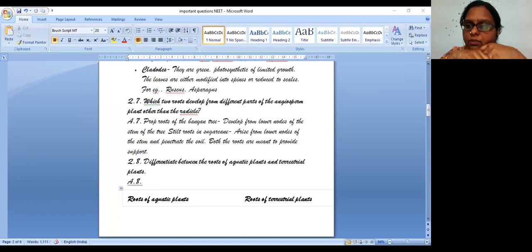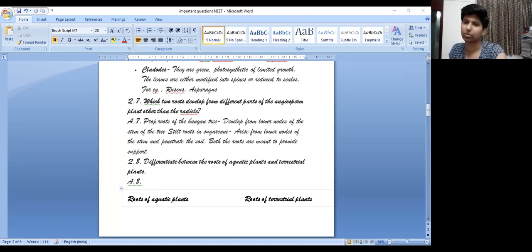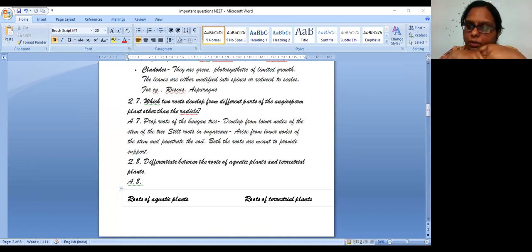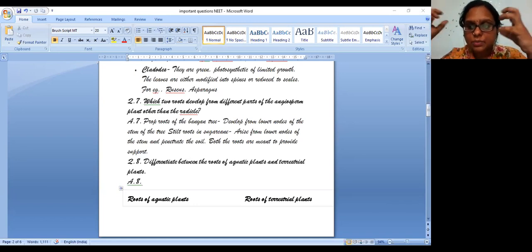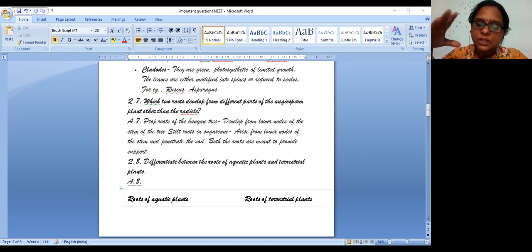So in reproduction, what did you feel, which part was tough? Reproduction, once we are thorough with the chapter, it is actually easy, ma'am. Easy, yeah, because you have the concept, that's it. There are not so many concepts. If you have a part, it has a particular function, so you can actually conclude the concepts. But here it is not like that in this chapter. You have many examples. When you take the question papers, you get lots of examples. Even if you take buds, there are a lot of buds there. If you take the terminologies, there are a lot of terminologies. So that's why the chapter is a little confusing.